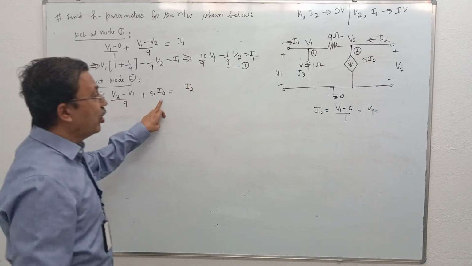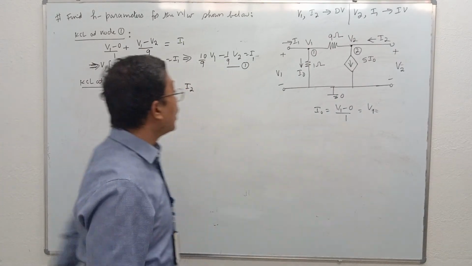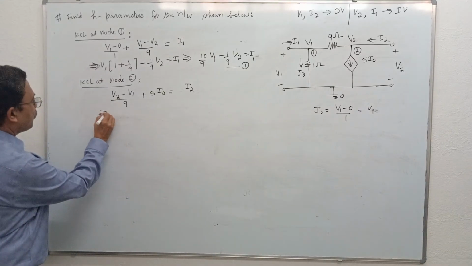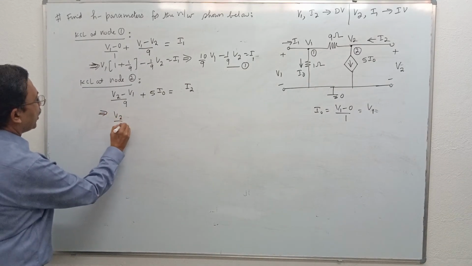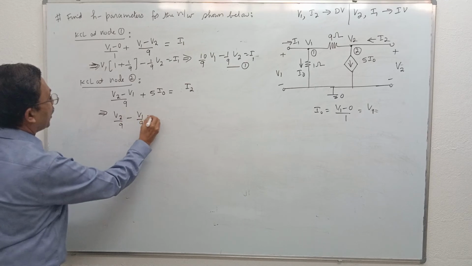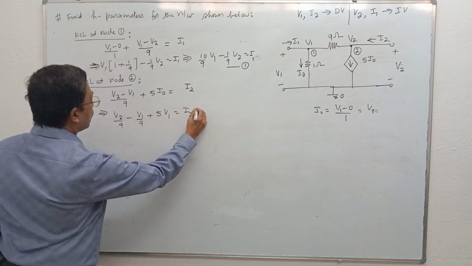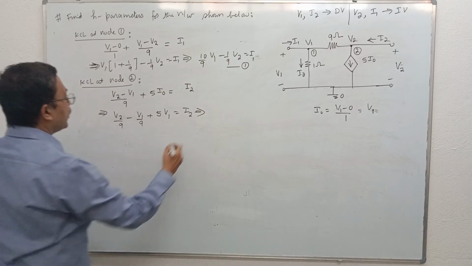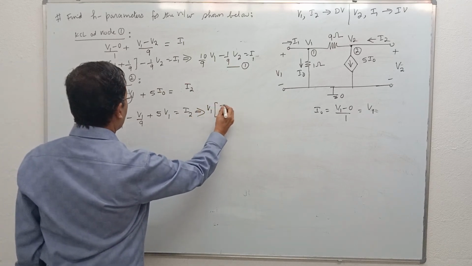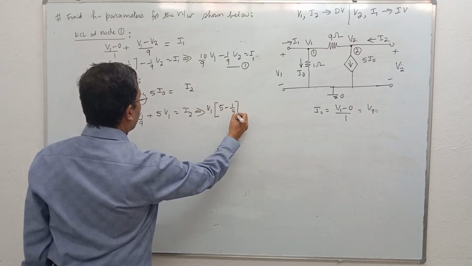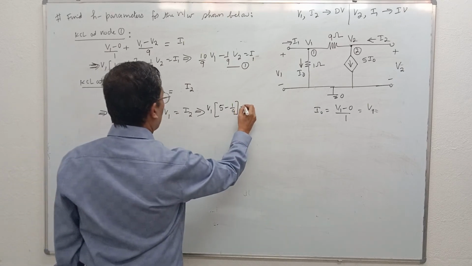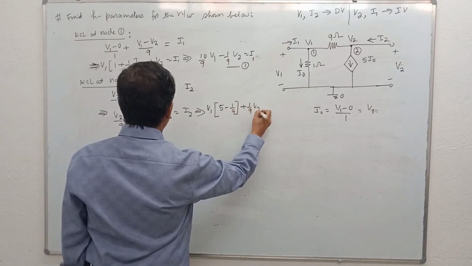But what is I0? I0 is nothing but V1. So this implies V2 by 9 minus V1 by 9 plus 5V1 is equal to I2. This implies, if you take V1 common, you get 5 minus 1 by 9 V1 plus 1 by 9 V2 is equal